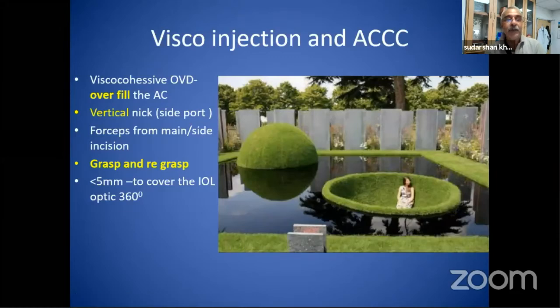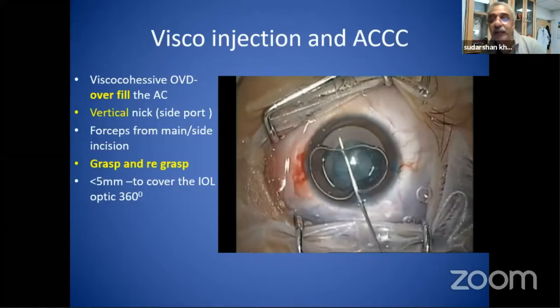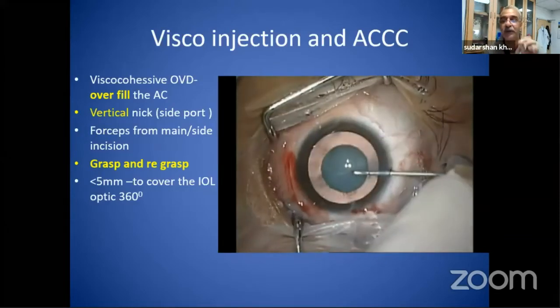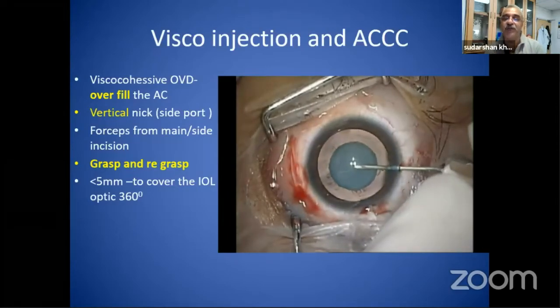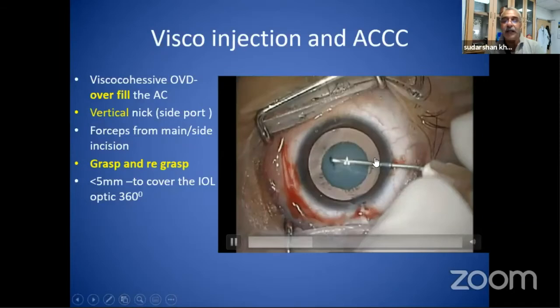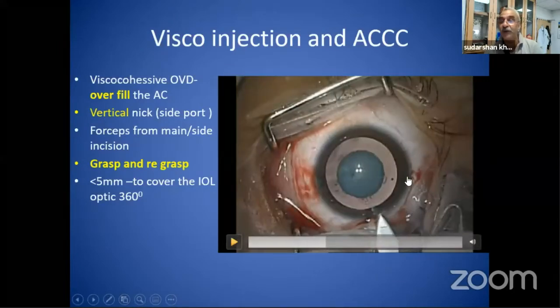All right, so you need to make smaller nicks on the side, and always try to stain this capsule, because when you stain the capsule, the elasticity goes down to some extent and it becomes more manageable. So I come for the side port and give a nick and just leave it. I did not go and complete it. You notice one thing, I stopped it here because my rhexis is vertical now.